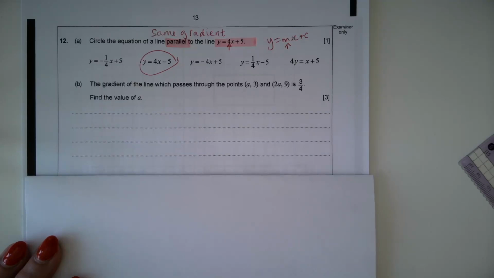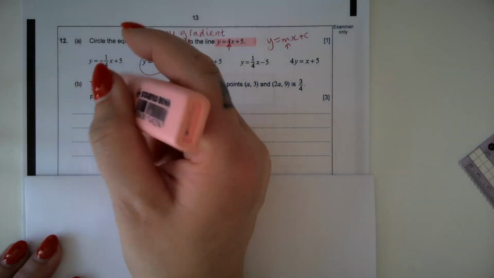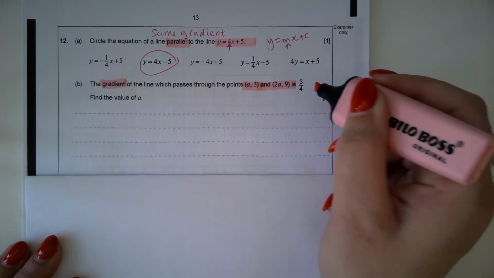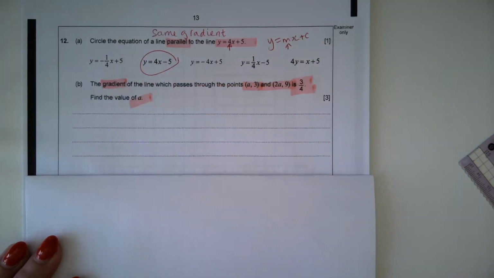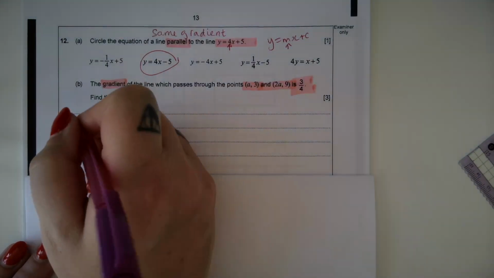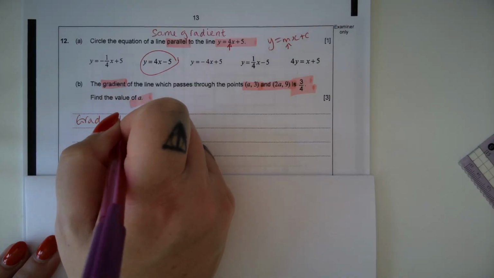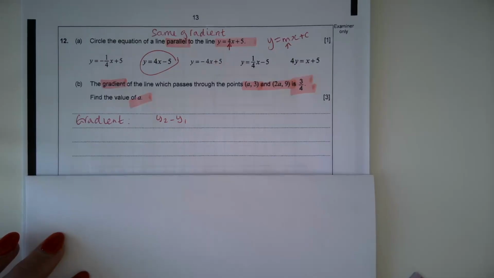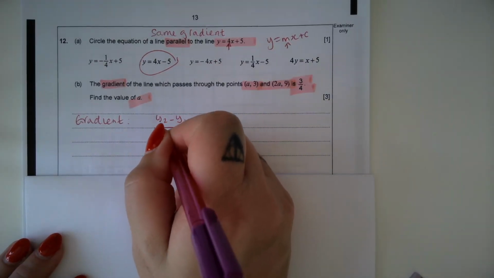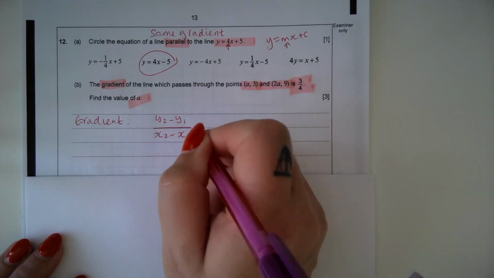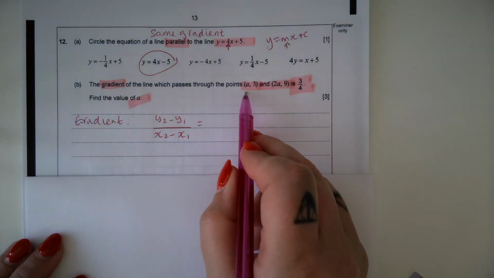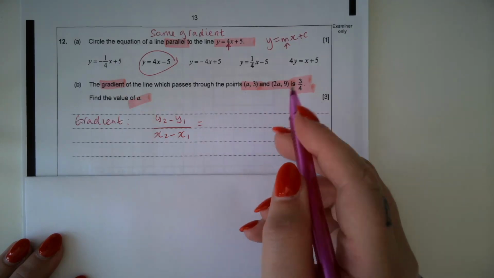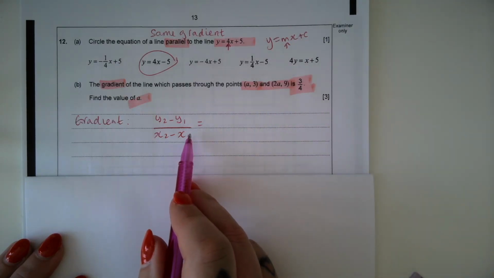Part B, the gradient of the line which passes through, so we're working with the gradients, the gradient of the line which passes through the points (a, 3) and (2a, 9) is 3/4. Find the value of a. Okay, so when we're working with the gradient, we do the change in y, so y2 subtract y1, divided by the change in x, so x2 subtract x1. So this is our x1, y1, and this is our x2, y2. So they should equal